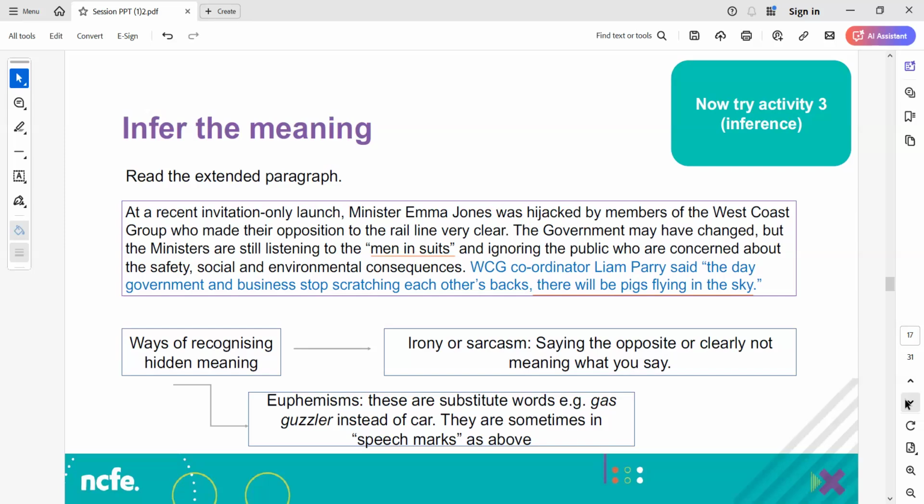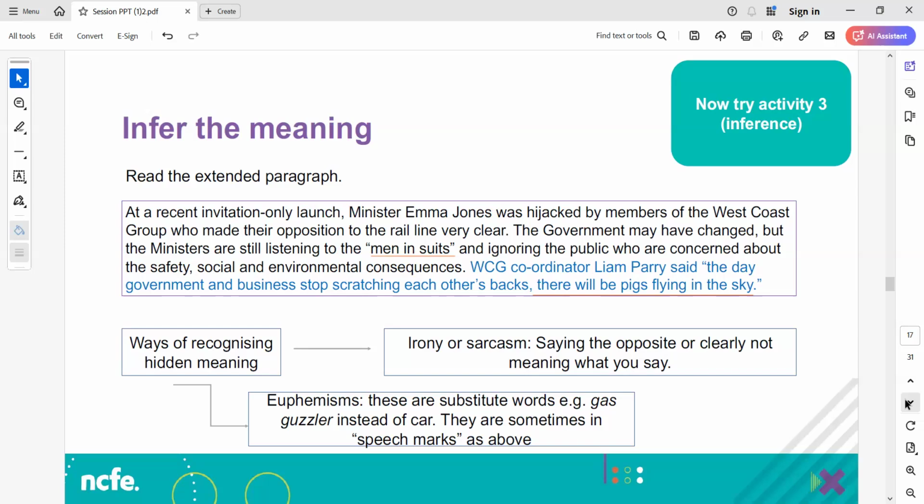Okay, so we are having to do lots of work there to understand his meaning. So scratching each other's backs. Do you know that phrase? Yeah, so they're helping each other out. If you scratch my back, I'll scratch yours. So if you help me out with this contract for the West Coast rail line, then we'll give money to your political party. So, for example,